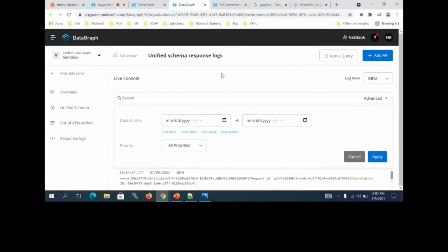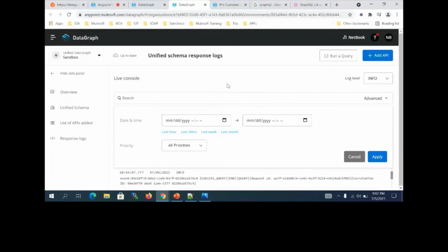So I could see data graph is a competitor for our experience API, but I could see a very good application for system API also, because from system API we are pulling data to the process API, and from process API it goes to the experience API, and then to the client. So a lot of pressure on the transport.